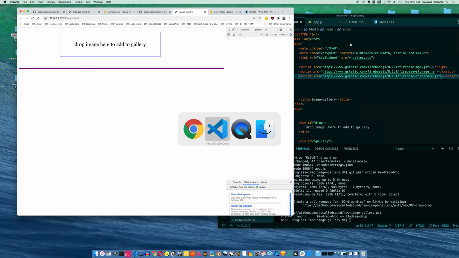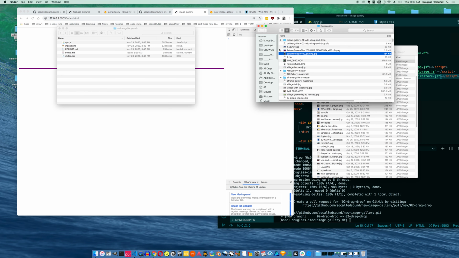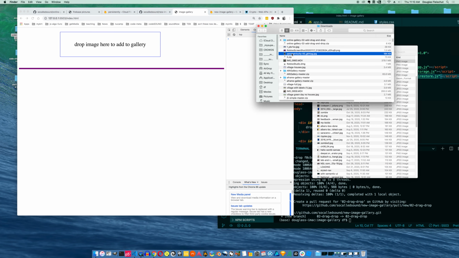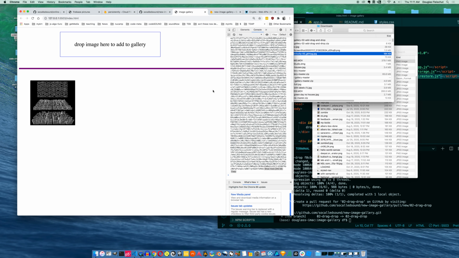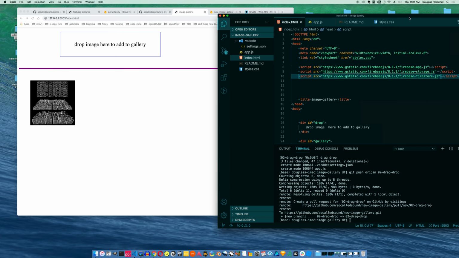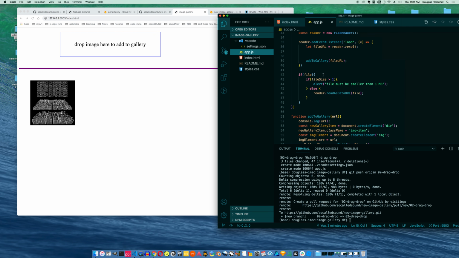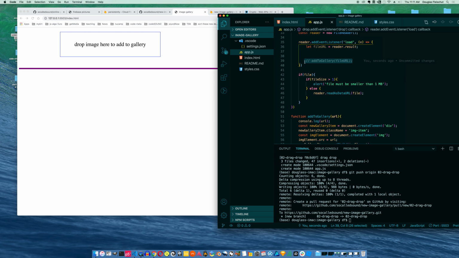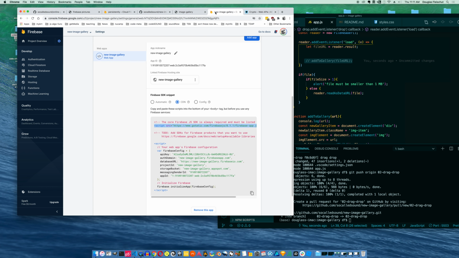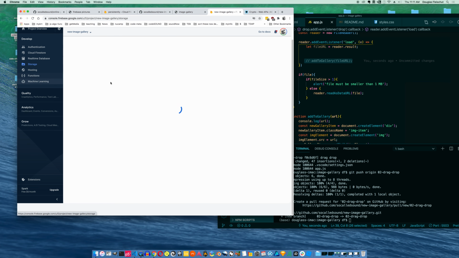And right now, if I drag something in, it's not going to upload anything because I haven't set that up, but we're going to set that up now. So the first thing I want to do is actually disable the add to gallery, because we don't want to add directly to the gallery. We want to add to the gallery from Firebase. But first, before we add to the gallery and before we grab that, we're going to upload it to Firebase storage. So what we should see at the end of this video is here in storage, we'll start getting images